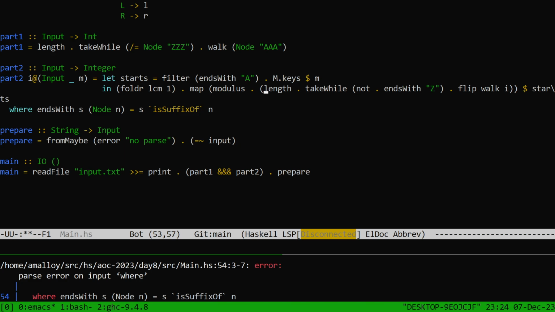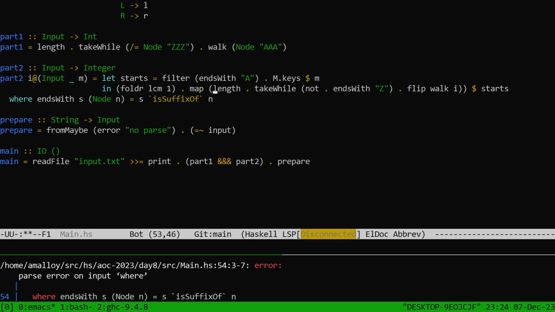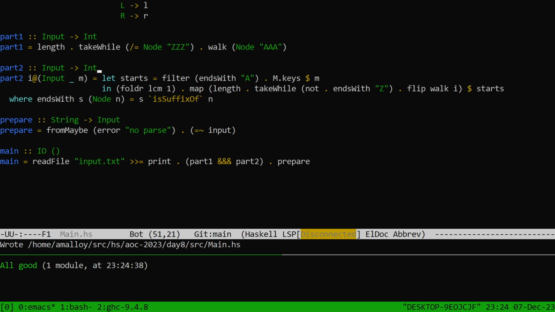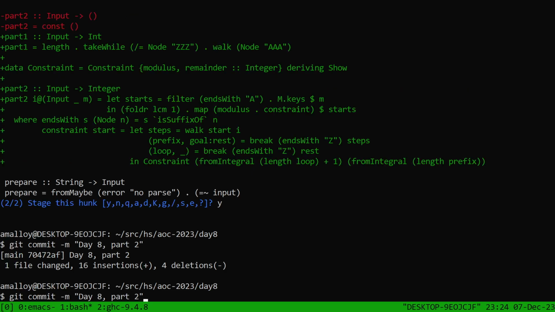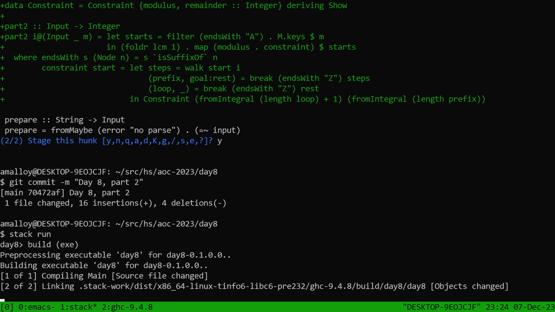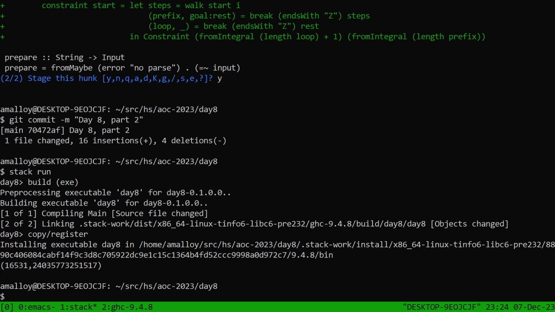Oh, and this, I don't need modulus anymore. Now I've lost my K, back to ints. So this all still compiles. Is it still right? Yes, that's the same number we got before. Okay, so I mean,